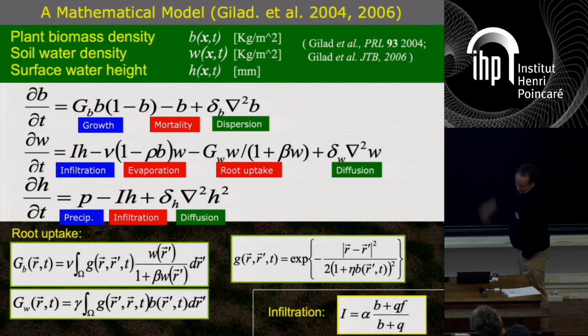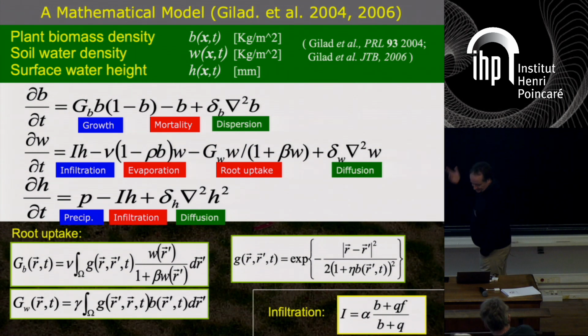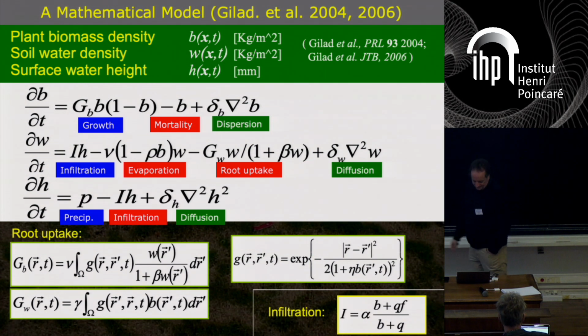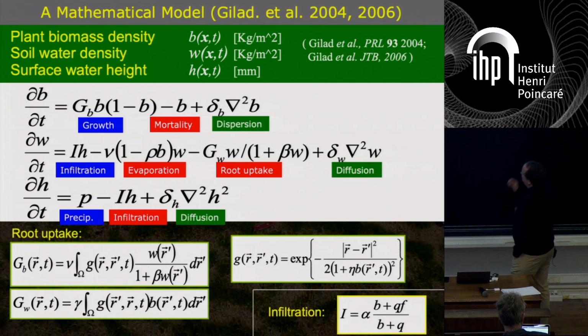Dispersion, the diffusion of the plant, is represented by a simple diffusion. And the growth term is represented by an integral, an integral with a Gaussian kernel, which represents the root system drawing water from the surroundings. There's a technicality here, because it looks like a convolution, but it's actually not entirely a convolution, because